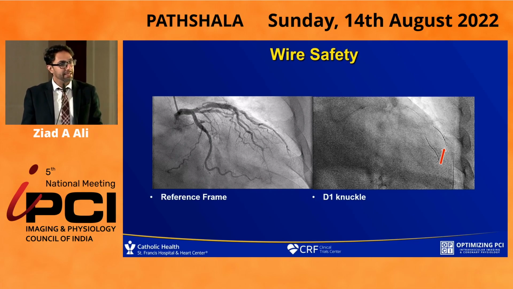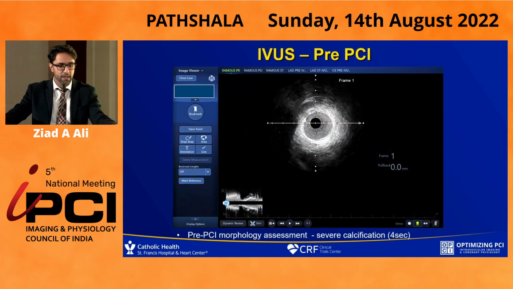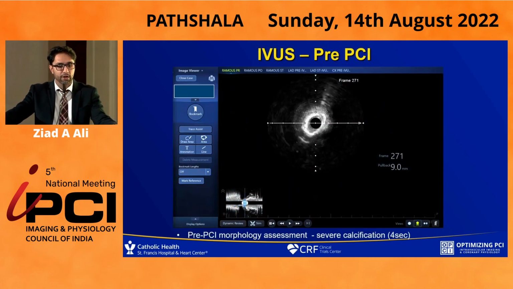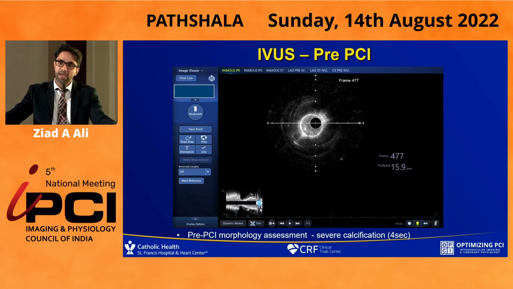The next step is actually to perform the MLD max guided approach with intravascular ultrasound. And the first thing we want to do is assess the plaque morphology. So all we're doing here is doing an IVUS guided pullback on the tram, and what we can see right away is that in the middle of this vessel, there's a dense segment of calcification. And so the morphology tells us that we need lesion preparation, which we perform.